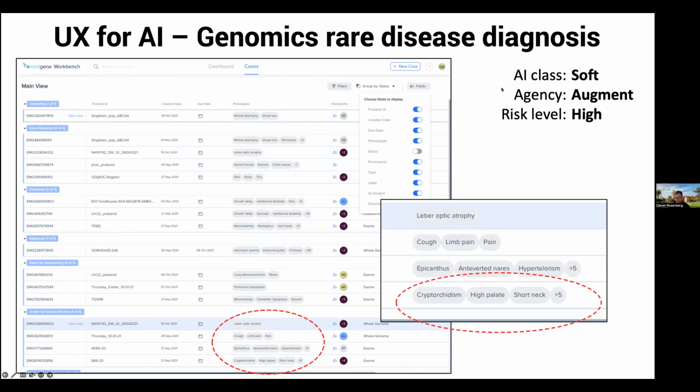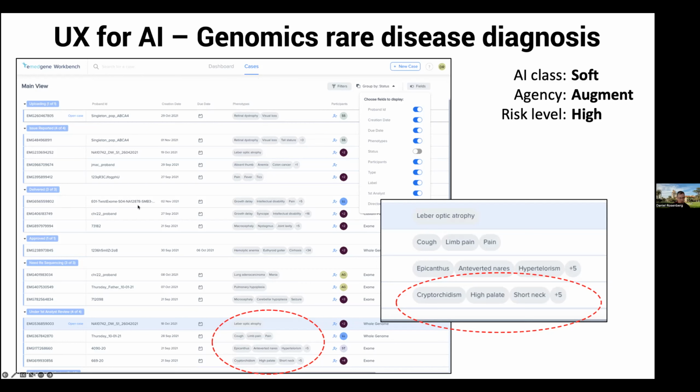But if we go back to those definitions, the AI class, again, is kind of soft AI, lots of different knowledge bases. Agency is to augment human intelligence of a very highly trained professional, and the risk level's high. You're looking for a needle in the haystack, and you don't want to be wrong. If you looked at this screen, this is the case screen.